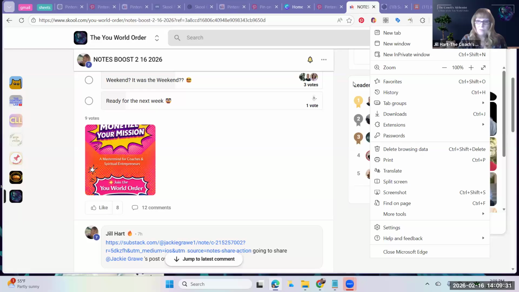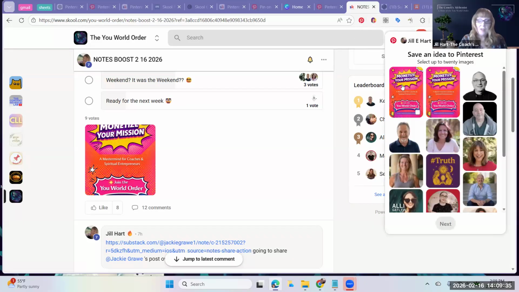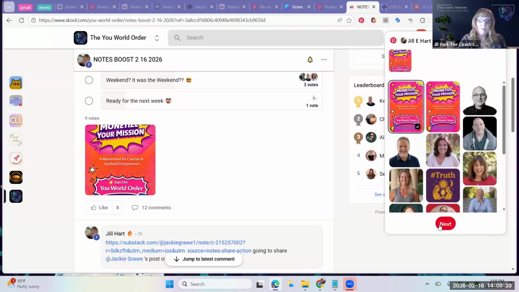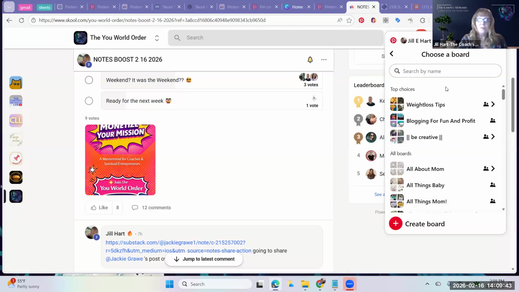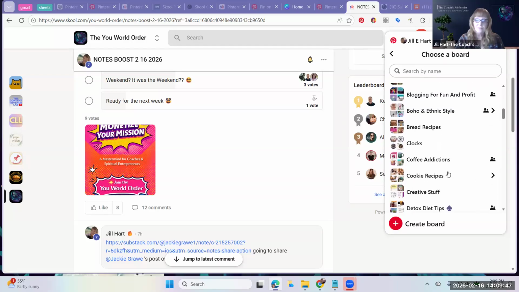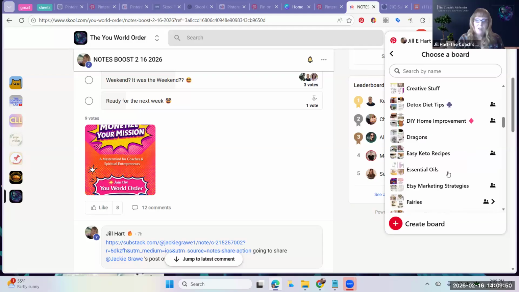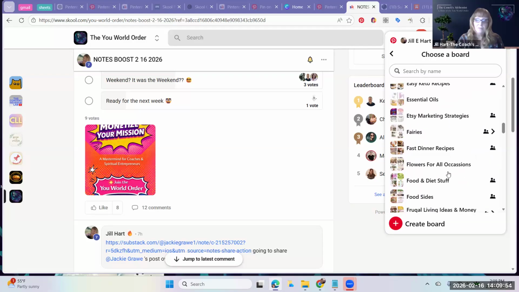Okay, so the next step is to click the Pin It button, and this is what people will do. They'll click on it and then they'll go next. And then it will load all the boards that they have. Maybe they have a pinning board.